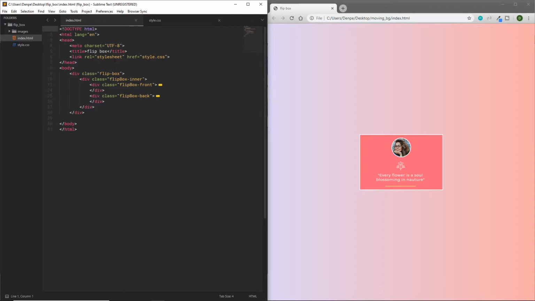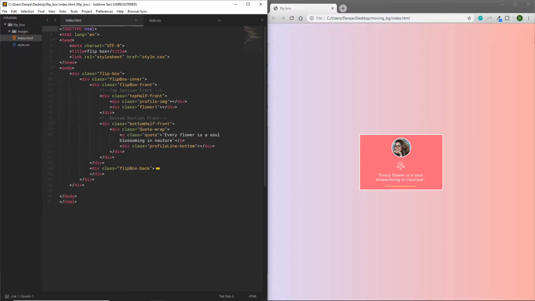We've got a flip box with just the wrapper for the overall design. Have the flip box front. The inner as well, by the way, is just what we're going to use to help flip it. Okay, flip box front is just going to be the front of the design of the card, and the flip box back is going to be the back. So first of all, just copy that, pause the video, do that, and inside the flip box front,